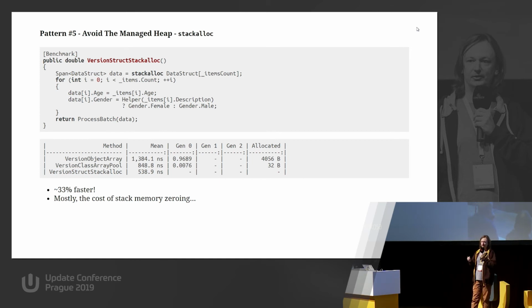There is one thing that probably could be better. When using the stack, the current guarantee of the runtime is that the stack will be zeroed, because we need clear data. So the whole stack frame needs to be initialized to zeros. So when we are stack allocating the temporary data structure like here, all this will be zeroed. But we don't need it, in fact, because we are just creating this temporary data structure and then filling it with data. We don't read anything from that. So why do we need zeroing here? We don't need zeroing of this memory.